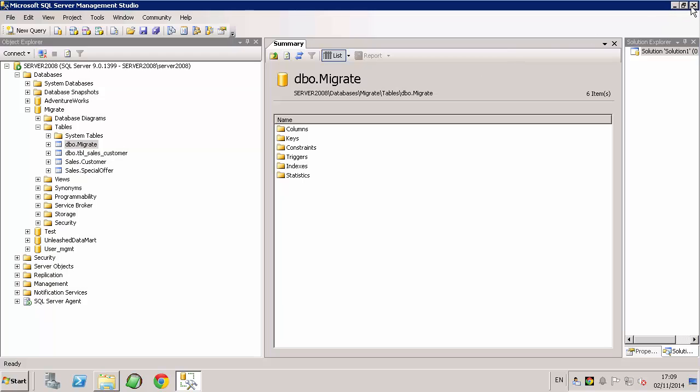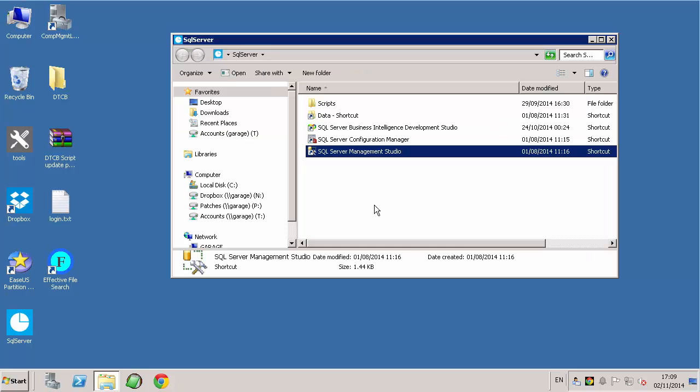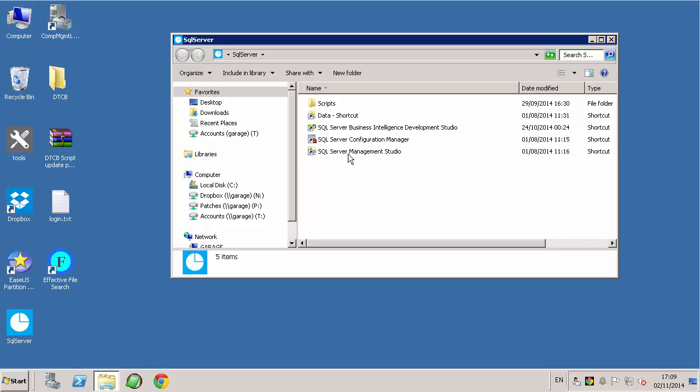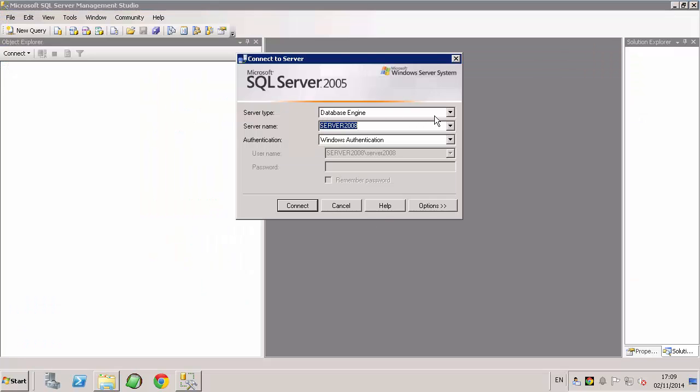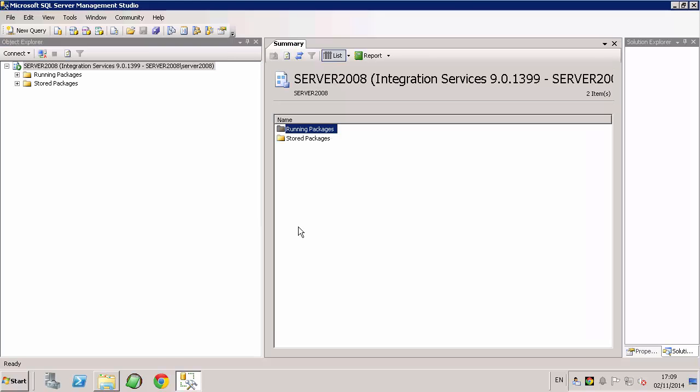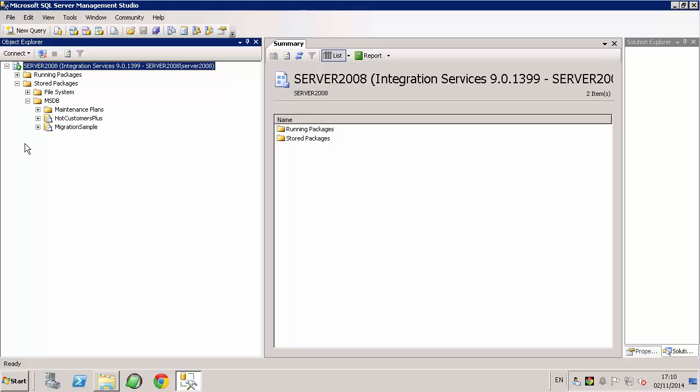So now let's go and look at how we would access that SSIS package from Management Studio. So we're going to open Management Studio, and instead of choosing the database engine here, we're going to choose the integration services. We're going to connect to there, and we're going to look at the stored packages. And remember, there's two types. Remember, we said there's a file system type and there's the integrated database type. In this case, we've chosen the integrated database. So we can see there's a couple in here, and the one we're interested in is the migration sample,